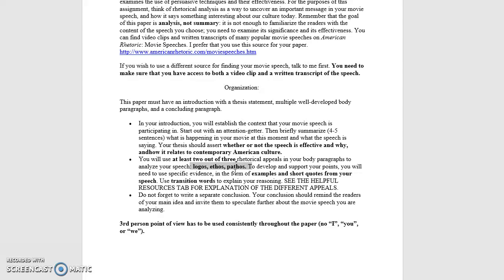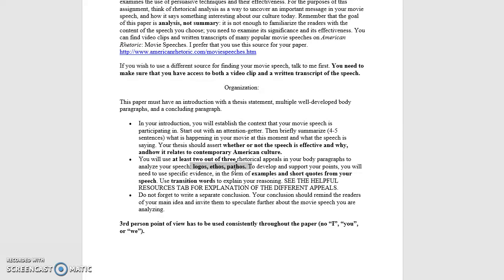So you want to take your speech and say, okay, which one or two of these appeals are used, and you may find that all three appeals are used, and you can write about all three of them. That's completely fine. So there would be your three body paragraphs. But if you can only determine that two are used, like for instance, logos and ethos, then maybe your first body paragraph is on logos used, and you're going to give examples of logos used